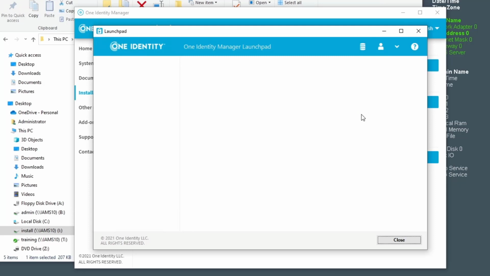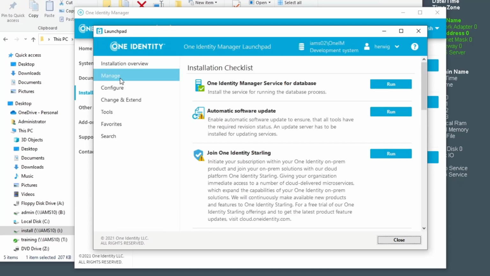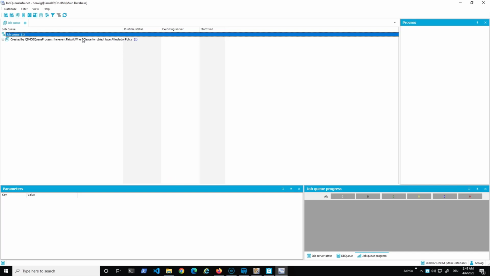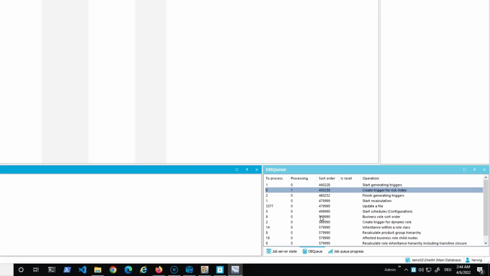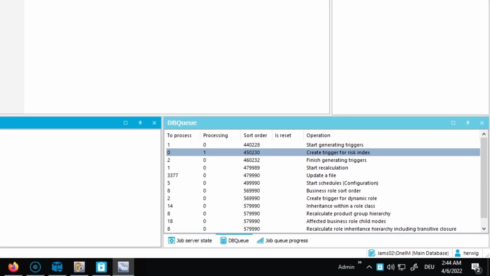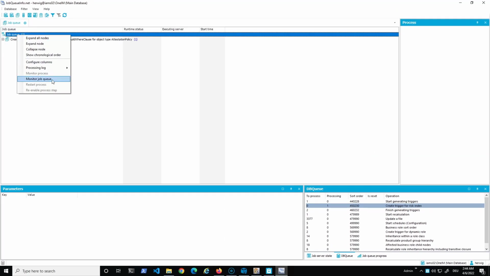And if I start the Launchpad, I can easily again switch to Manage and there start my job queue info to have a look at what my system is doing. As you can see, only one process this time, and if I look into the DB queue, then I see some more calculation jobs. This could generate some more process steps soon. So I just monitor my job queue, and in the meantime, before something could happen here, I will as well